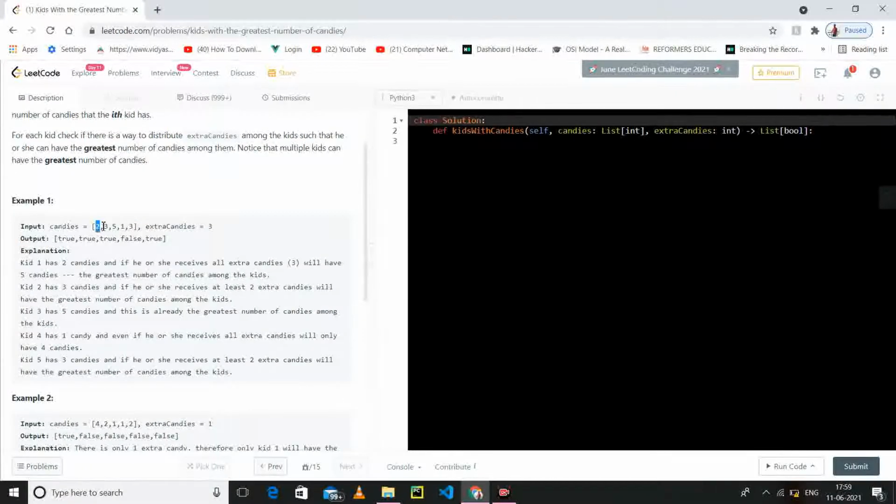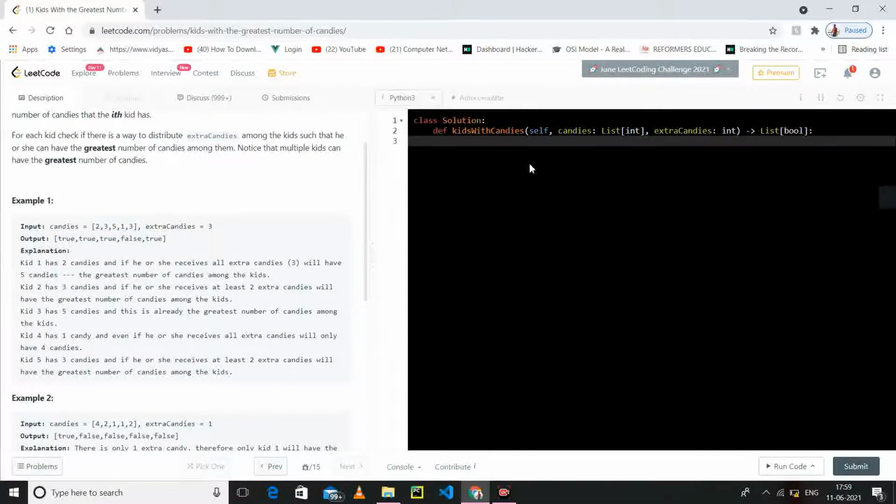The question is saying if we add 3 to each of the elements, the value after adding, 2 plus 3, should be greater than or equal to the maximum present in the candies. As we go further, you will understand what the question actually wants to say.